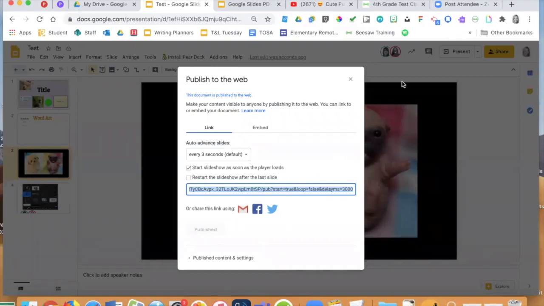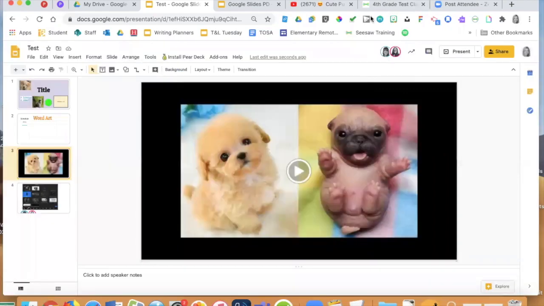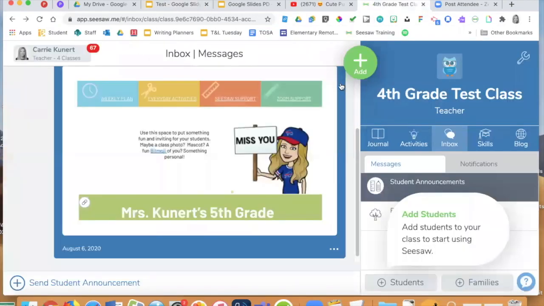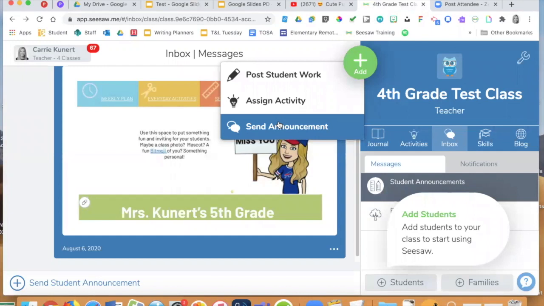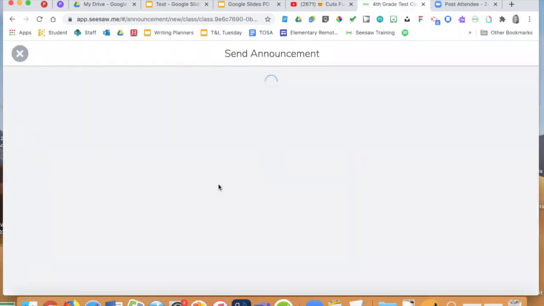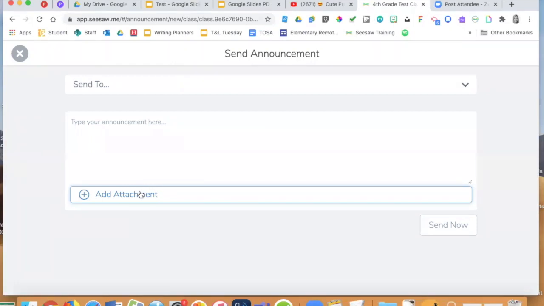And when I grab that link right there, and then I put that into Seesaw, it's going to make this look like a fancy presentation. I wonder if I can do it really fast for you. Let's try. It will make it look like that is a web page, and it won't actually take the students